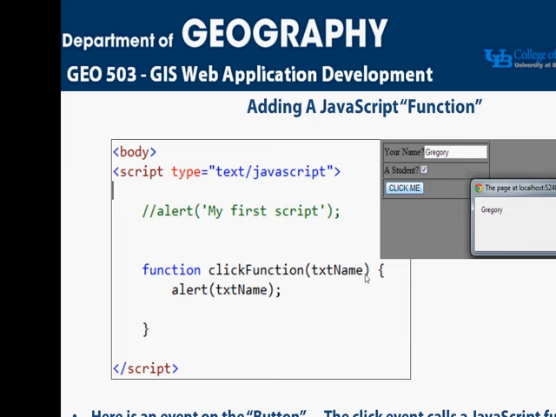A function then is defined as starting and stopping with the curly brackets. So everything between, and the start of a function doesn't have the semicolon. Everything between the start and stop of the function is this function called click function. So somewhere for that to run, notice